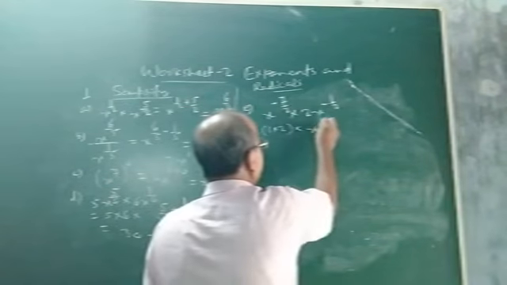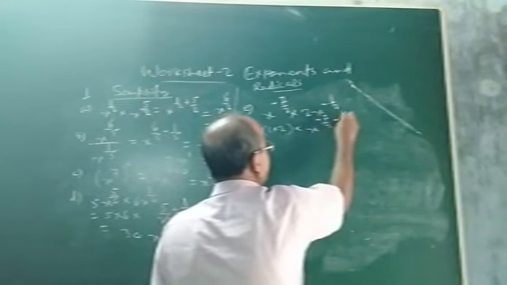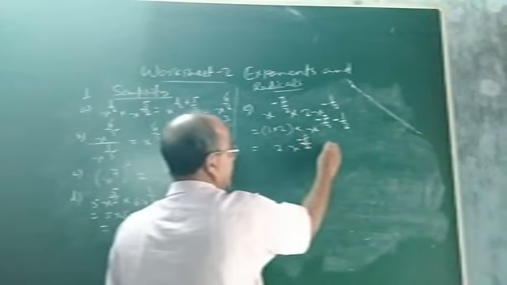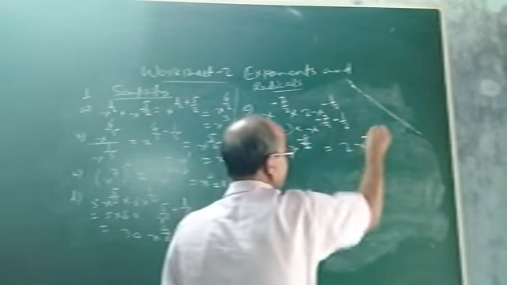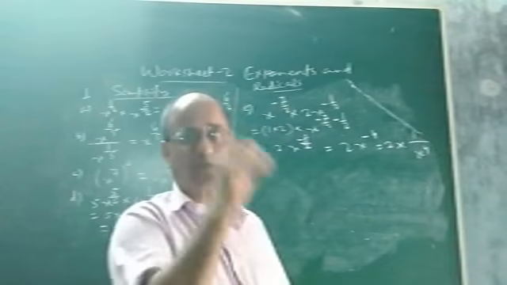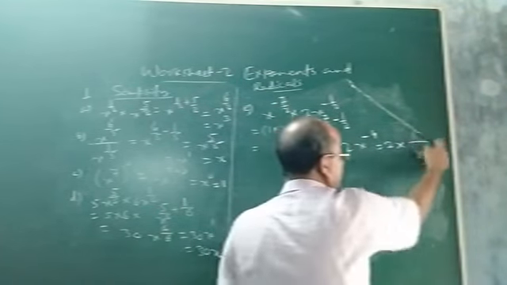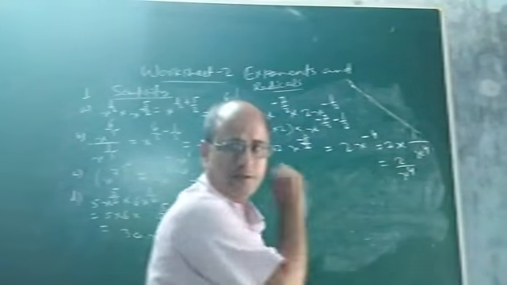We know the formula. So it will be minus 7 by 2 minus 1 by 2. This will be minus 7 minus 1, that is minus 8 divided by 2, and this will be 2x to the power minus 4. Here the exponent is negative, so we have to change it into a positive exponent. How to change? 2 into 1 by x to the power 4, because you know the formula x to the power minus m equals 1 by x to the power m. So x to the power minus 4 will be equal to 1 by x to the power 4. The final answer will be 2 by x to the power 4.